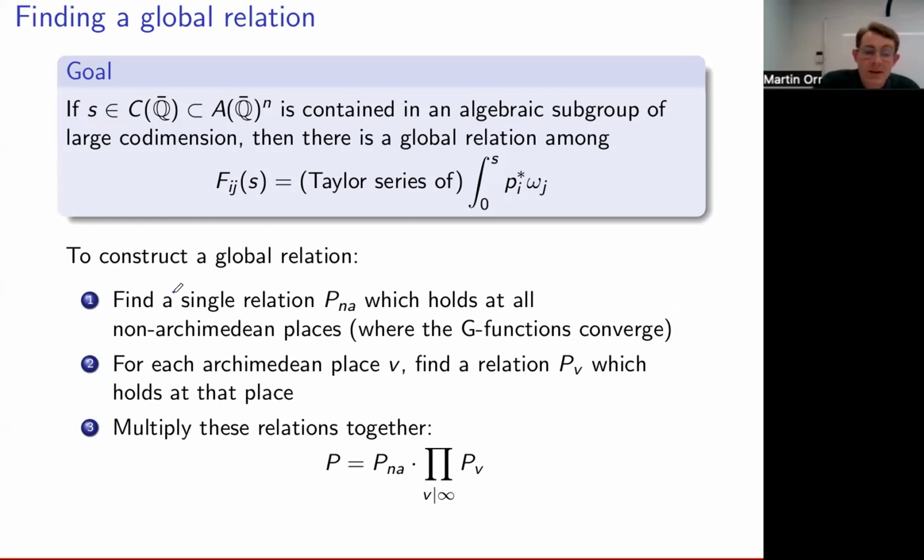So it mattered that we had a single relation for all the non-Archimedean places, because of course we don't want to end up trying to multiply together infinitely many polynomials. That won't give us a polynomial. But here, we only have finitely many things to multiply together. I guess that's relying on the fact that I don't really need to work with all completions of Q bar. I just need to work with all completions of some number field that's large enough to contain all the things